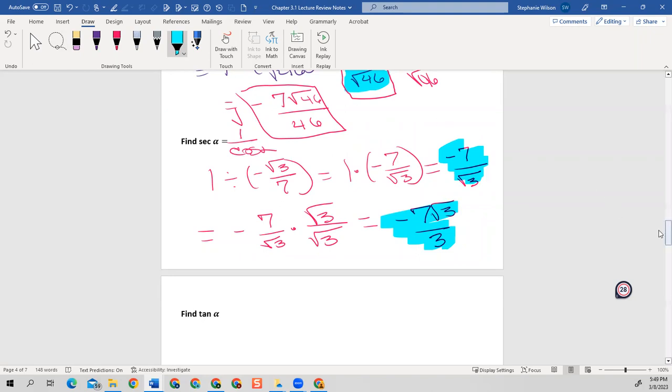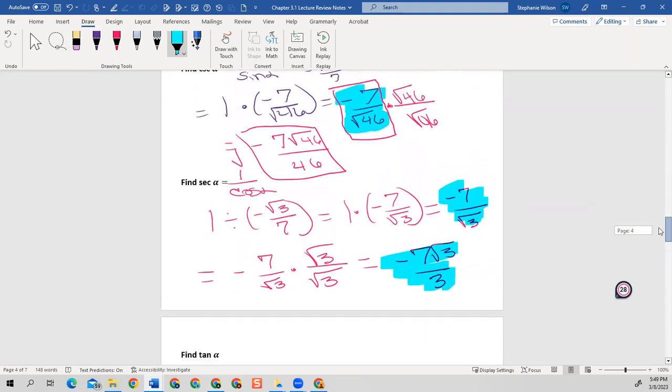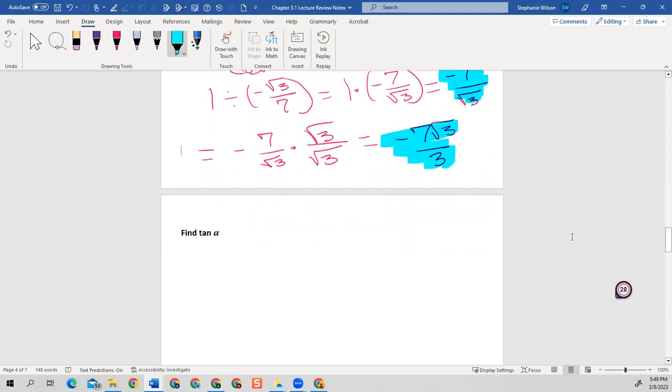Now we have tangent to work on. Remember, tangent is cosine over sine. So cosine was what? In my notes, I actually stuck with the identity reciprocal. I can pull up my labs here in a minute and double check. Let me do that right quick, just because I want to see if they were asking you to leave it as the reciprocal identity or to actually simplify it. Just because when we do the tangent that we're going to plug in,